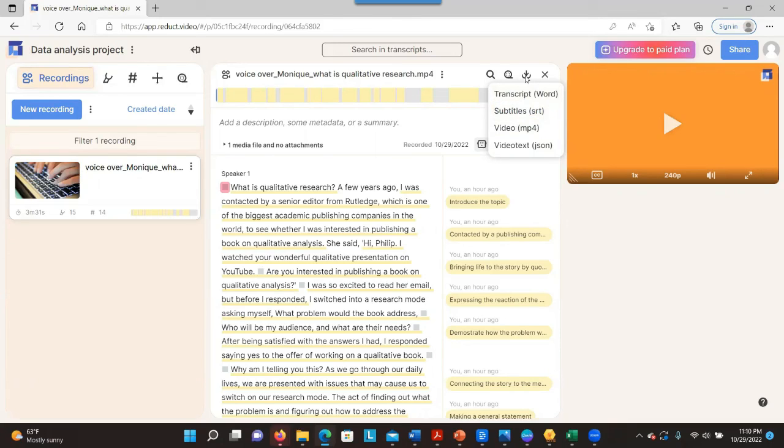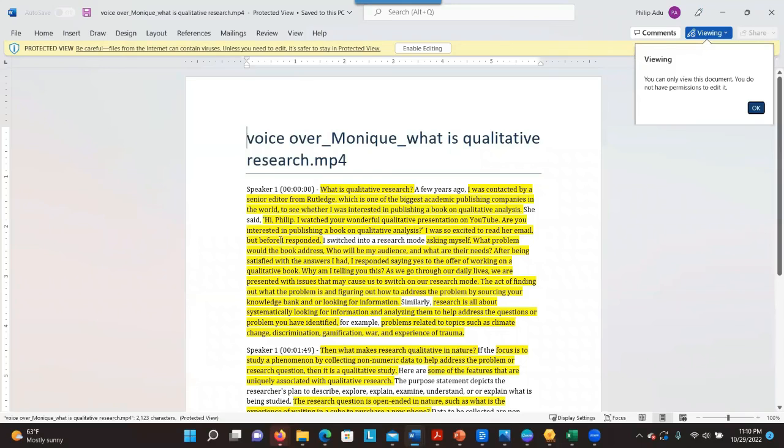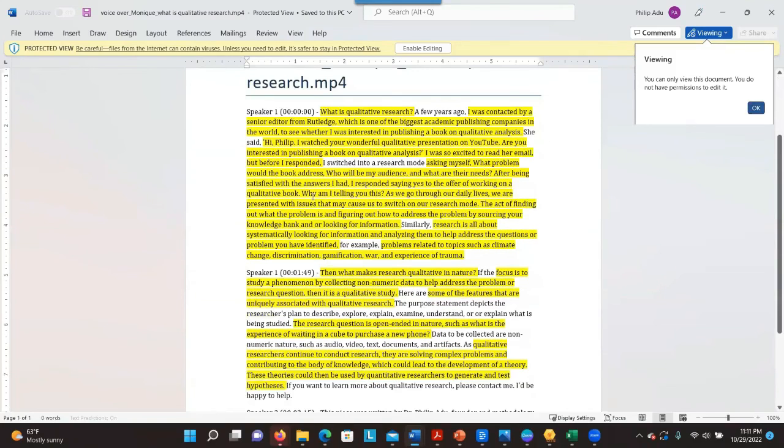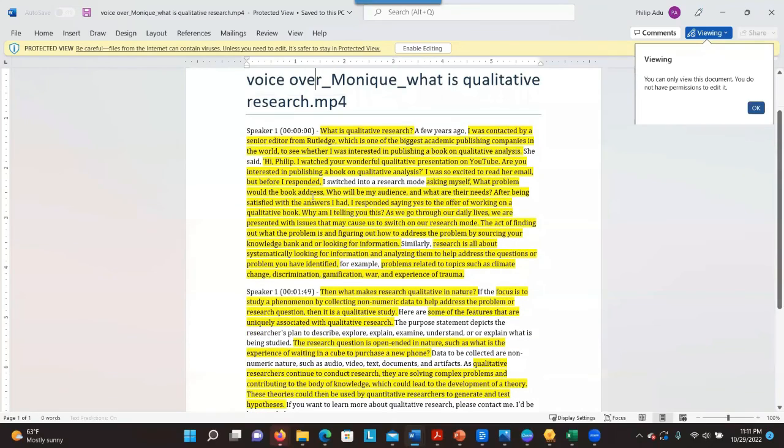If you want to export the transcript, you just click on the transcript word, and if you want to export it as a subtitle, you can do that. If you want to export the whole video, you can also do that. See how the transcript looks like. It shows the significant information you selected. You can see